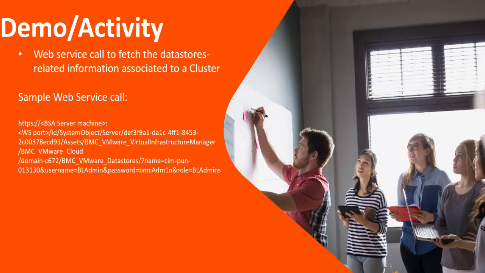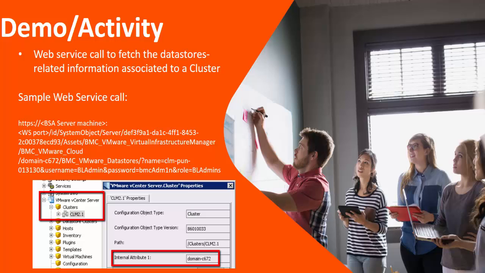Domain-C672 is the domain ID of your cluster for which you would like to fetch the data stores. This is something which you can get from the properties of a cluster. When you browse that cluster from BSA, you can select the cluster and then check the properties. From there you can get the property, else you can open one of the external IDs from BMC_cluster